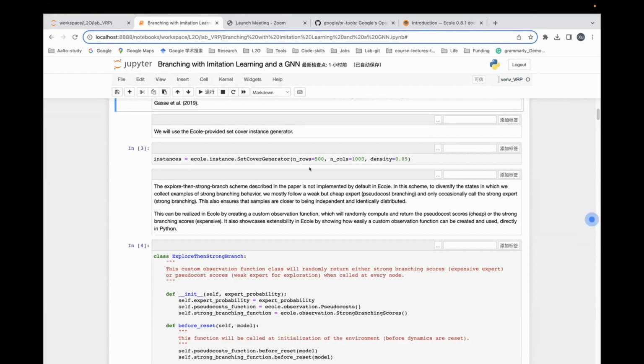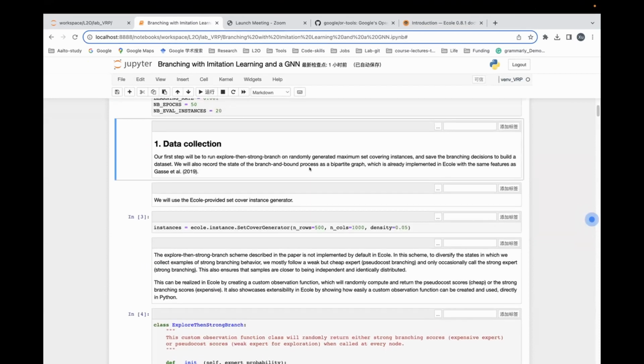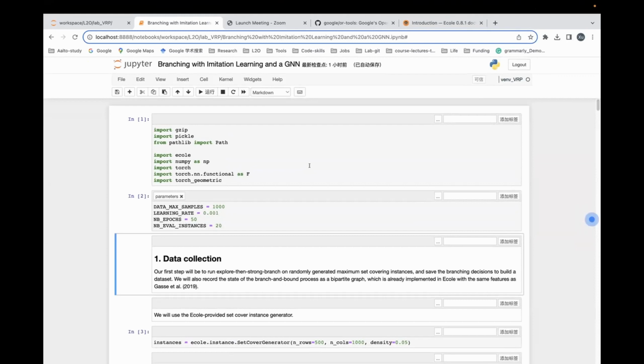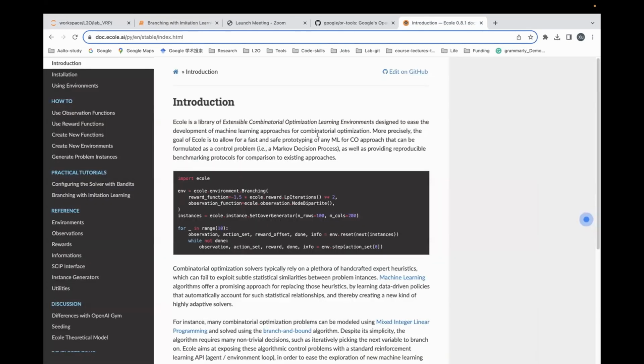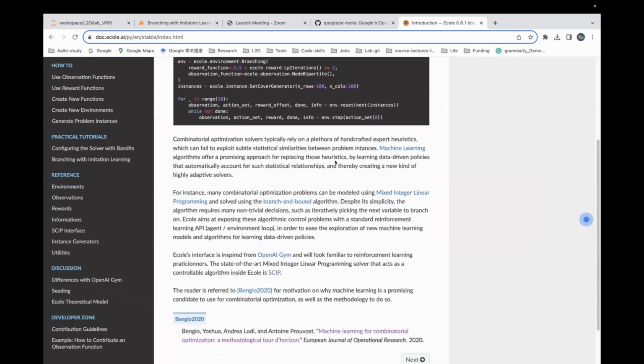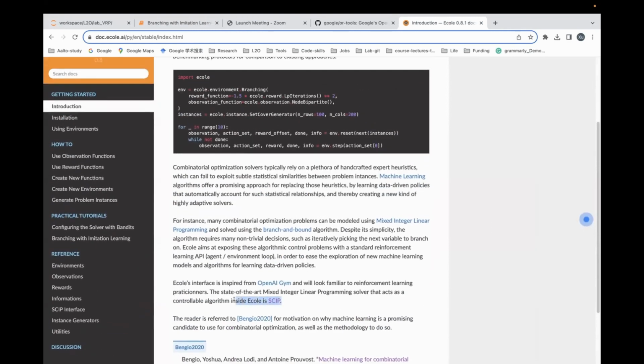And here's the IPython file, and the code generally uses a library called ecole. It's developed by the same group as this paper. And this library provides environments and standard benchmarks for evaluating this kind of combinatorial optimization algorithm by using SCIP, which is a mixed integer programming solver.